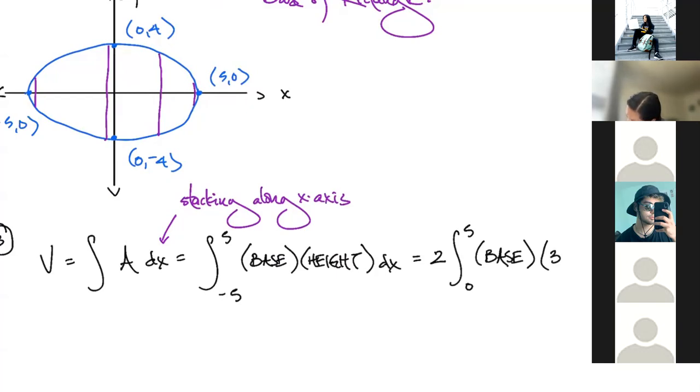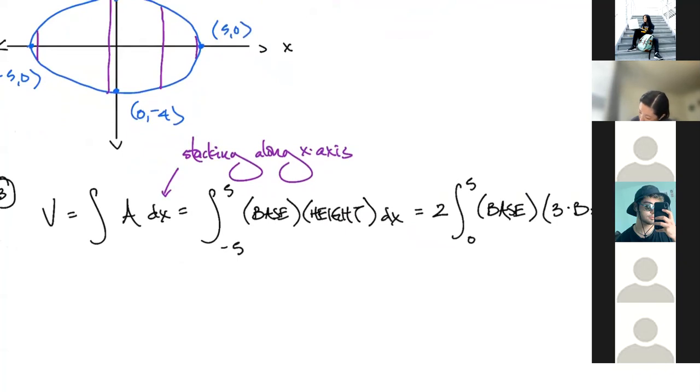So 3 times the base is the same thing as the height because the question told us so. Okay, and a lot of times the questions will say this is the relationship between the base and the height, so that you can just use that one function and then multiply it by some factor. Okay, now if we said that the height was half of the base, then I would replace this 3 with a 1/2. Okay,